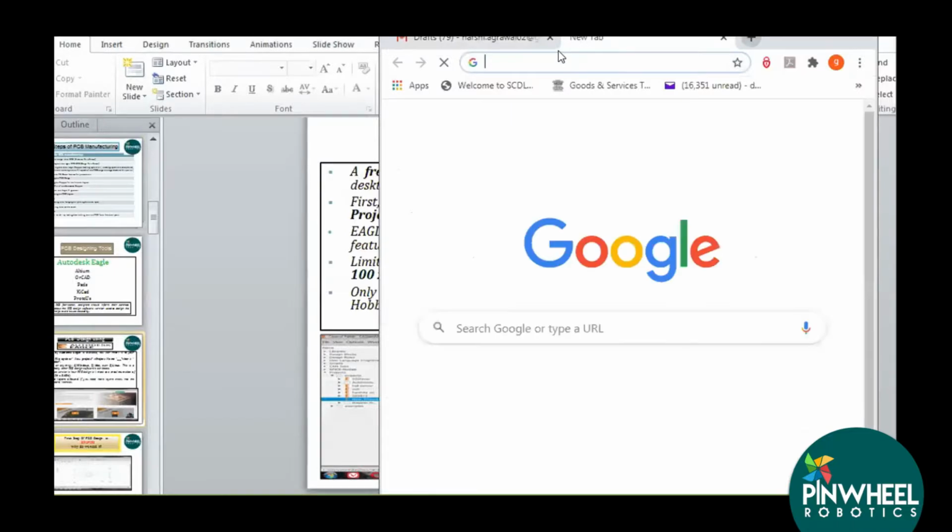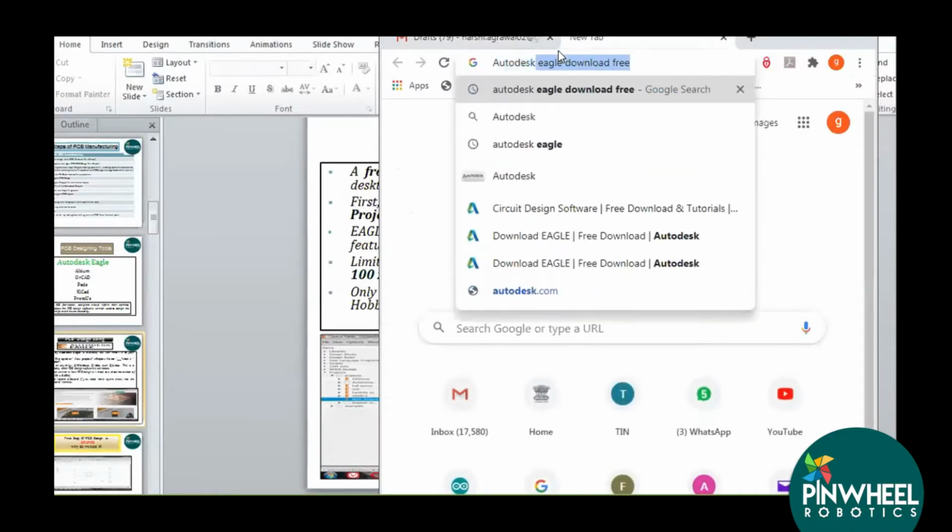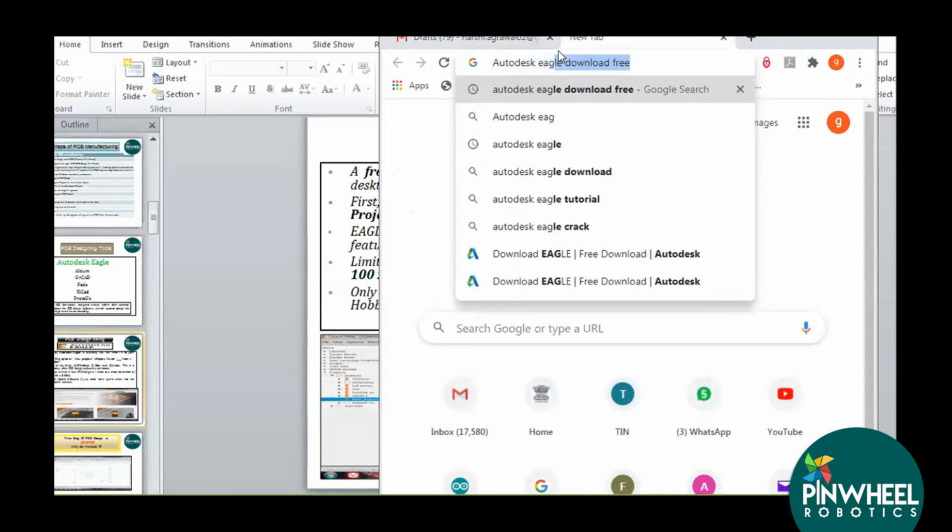We have a free version of Eagle available on the net. Give me time, I will show you. Autodesk Eagle download.